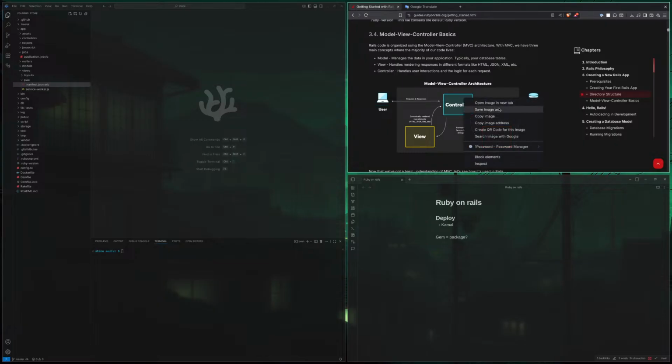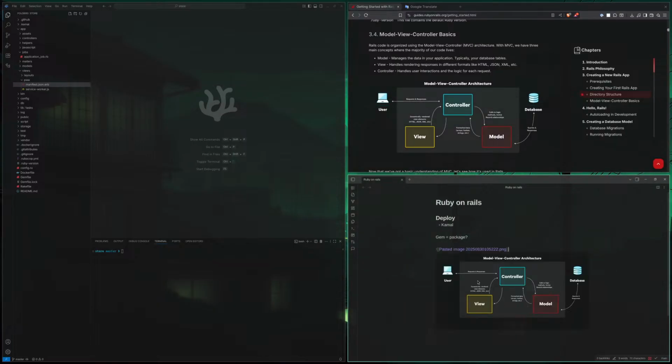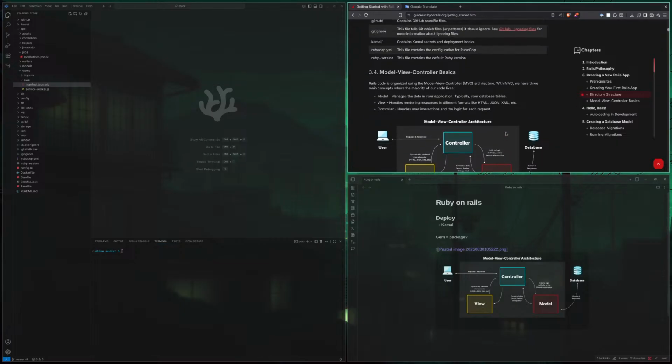I think I will save that one, maybe. We have a user request response to the controller. Controller interacts with a model and the view. Request and response, controller, call to logic method, active record relationships. Yeah, so this is a basic MVC, right? Yeah.